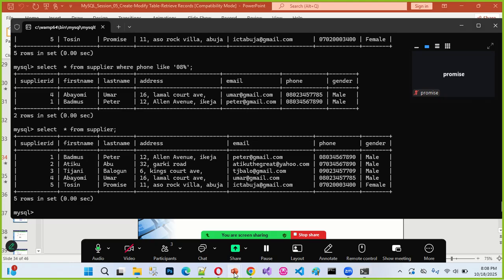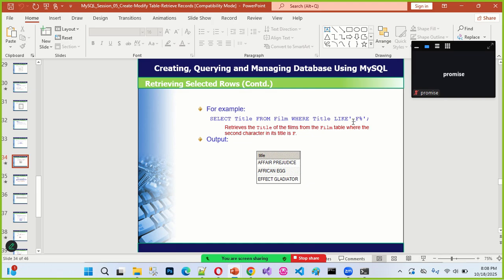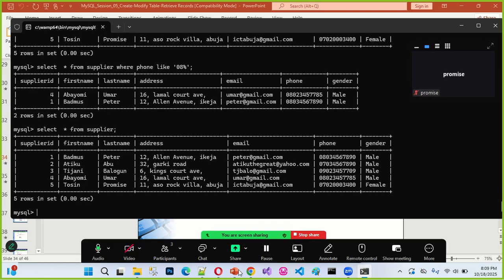But just understand this one here, that it means that as long as the first letter starts, this thing is going to pick effect, affair, Africa. Do you get it now? So a single letter first. If you have something like AA affair, the system will not return such a record. If there are two letters before F, the system will not return such a record. There must be a letter before F. Anything that starts with a letter before F, the system can return that record. So that is for that.